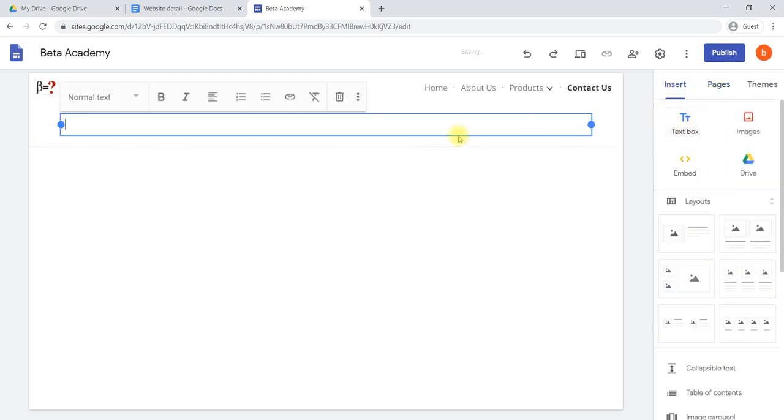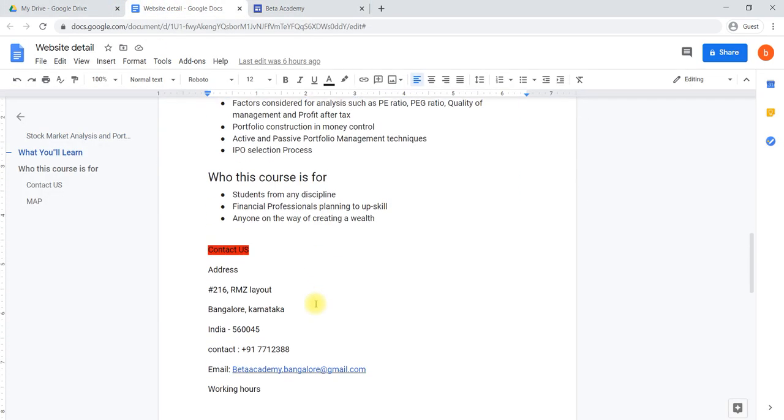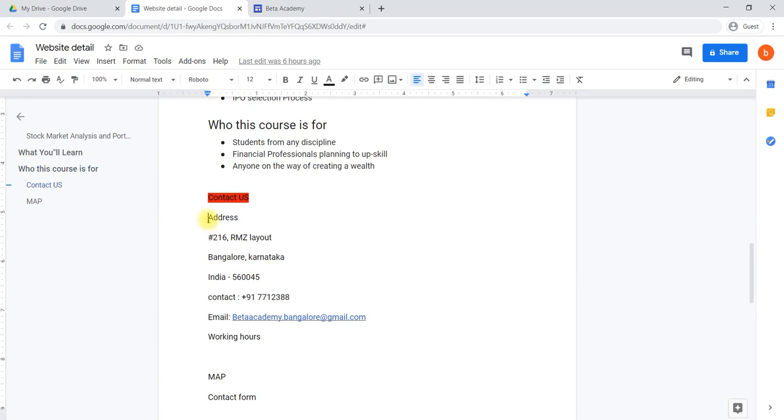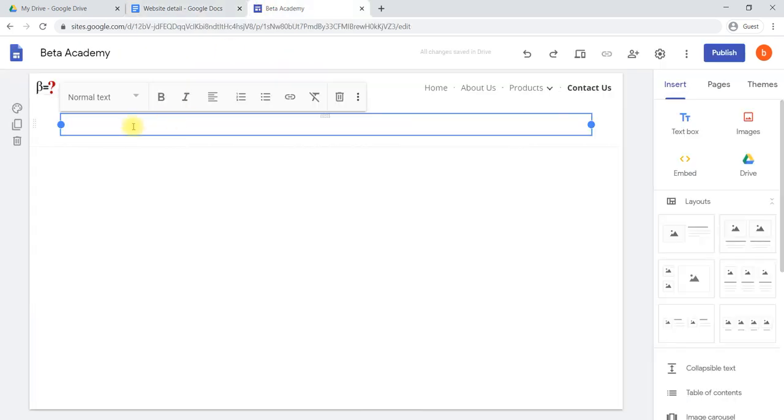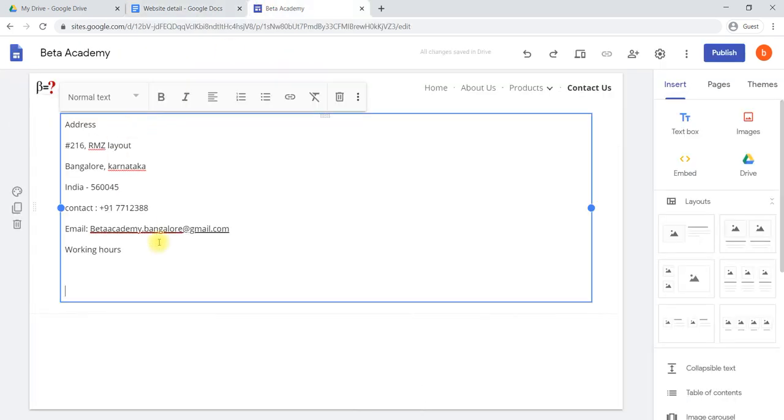text box. Insert a text box where we will give the contact details, address with the working hours, like this.